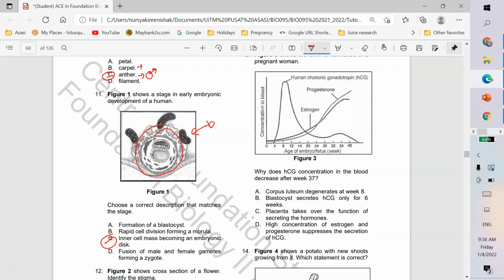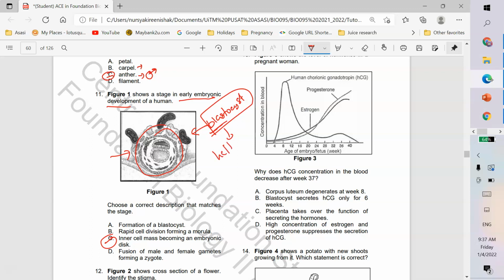Stage yang mana the embryo is ready to be implanted in the uterus of the mother, in the uterine lining. Apa nama structure ni? Early embryonic development. Early dia akan form apa? Ready for implantation. Mula pada B. Blastocyst. Okay, blastocyst. So blastocyst, yang tadilah yang structure yang akan implant in the uterine lining, and for human it